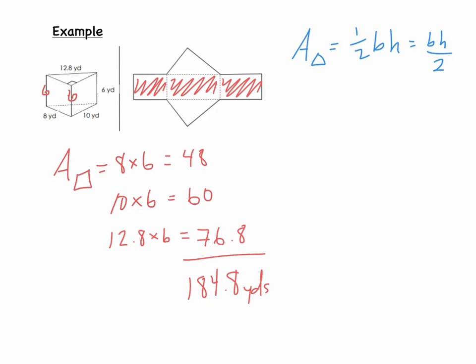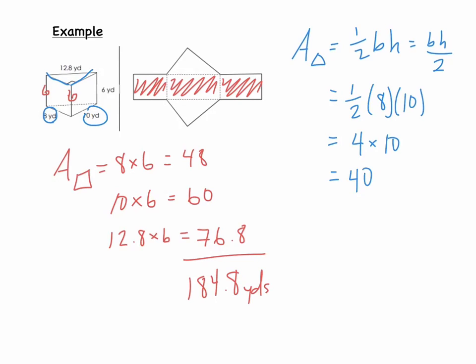So the base and the height in this case would be 10 yards and 8 yards. All we have to do is plug them into our equation. The area of a triangle is equal to 1/2 times 8 yards times 10 yards. Half of 8 is 4, times 10, which would be 40